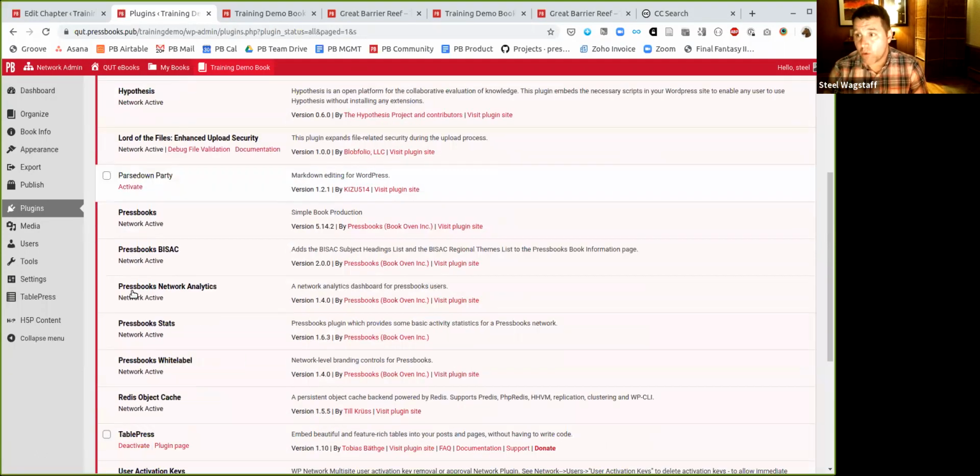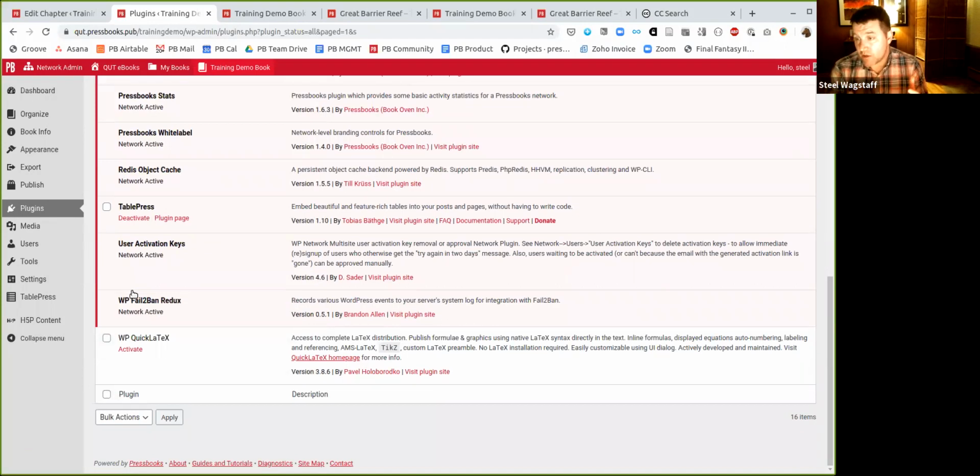And we support LaTeX rendering and math rendering with a tool called MathJax natively, but there is an additional plugin, an optional replacement called WP Quick LaTeX that adds a couple of other math-specific features, but with the downside that instead of rendering it with MathJax, it renders them as images in the webbook. So there's a bit of an accessibility trade-off. They all have alt text, but it's a bit nicer in the browser if you use MathJax. I can show you any of these